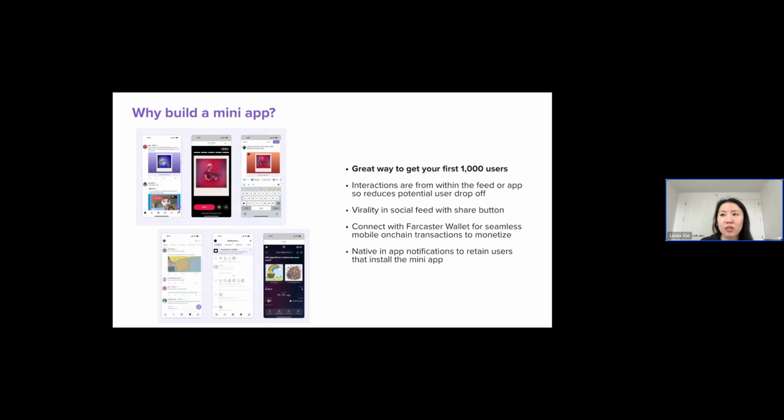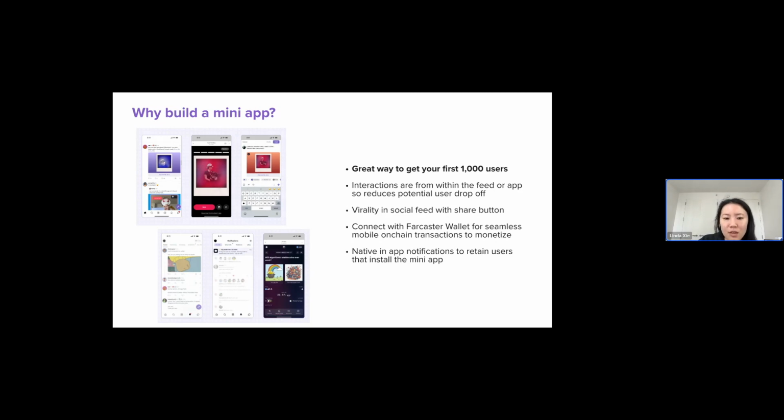This has been a really great way for mini app devs to retain their users. I would say, if you do this, make sure that you find a balance where you're not spamming your users. It's like anything, right? You want to make sure that they're high signal messages and that users are not going to unsubscribe from it. So that's my one caveat there.